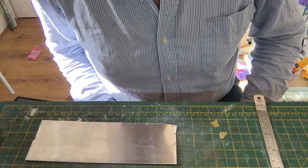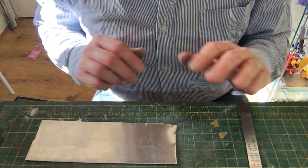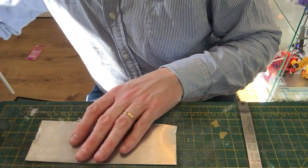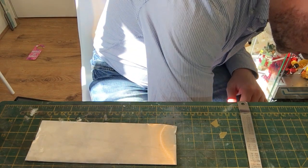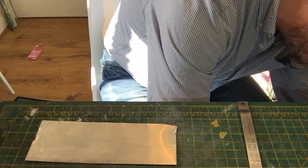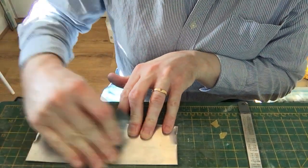It's really simple to cut. I don't use tin snips. I have massive trouble with tin snips, so I thought if somebody else out there has trouble with tin snips, I would show you the way I do it. It works. Probably purists and people who do metalworking would look at this in sheer horror,